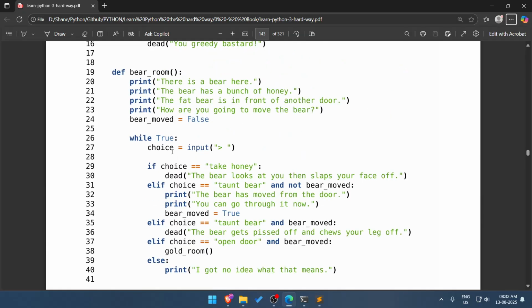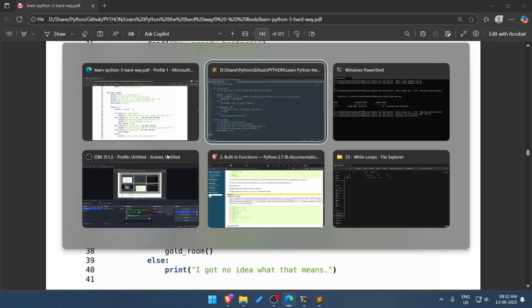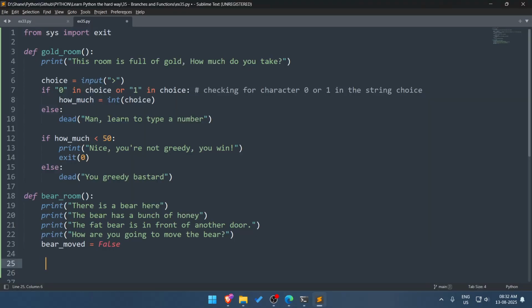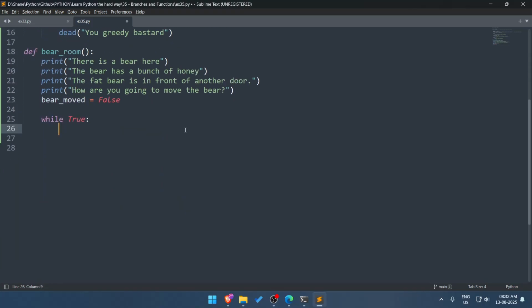Okay. So we'll get this out of the way real quickly. While true, we have choice, choice equals input.